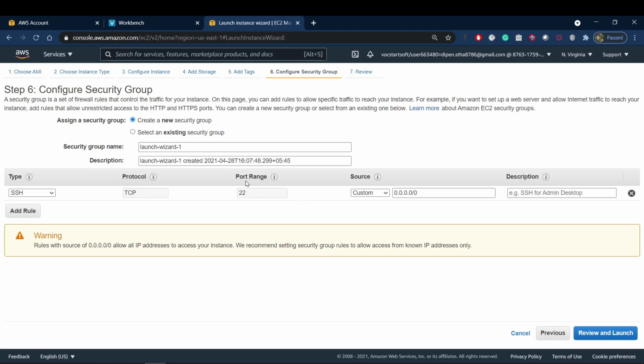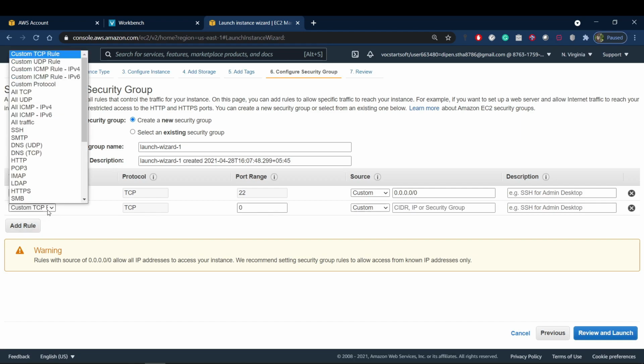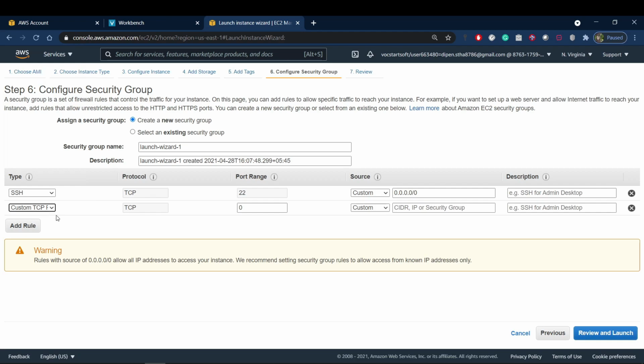Next. We need to configure the security group here, as the default is SSH. We need to add some rules. Let's add a rule as custom TCP and provide 8000 as the port. This is for the Django application that we will configure later on.